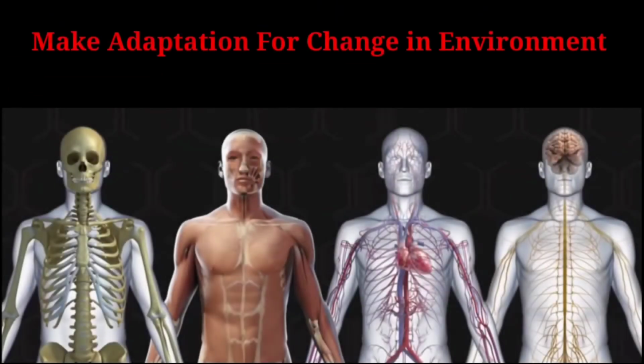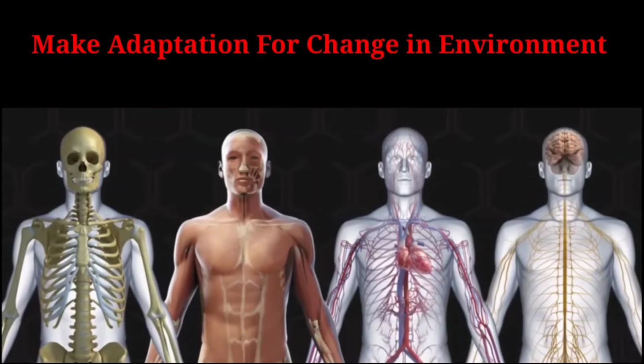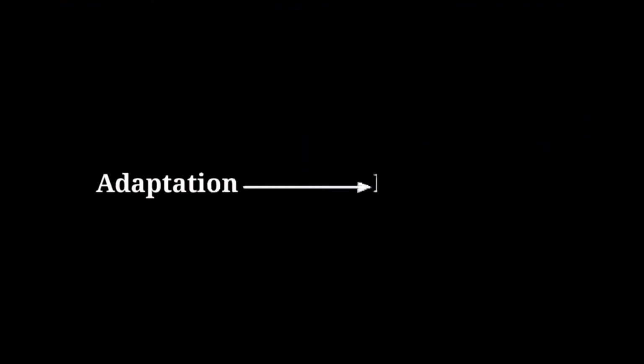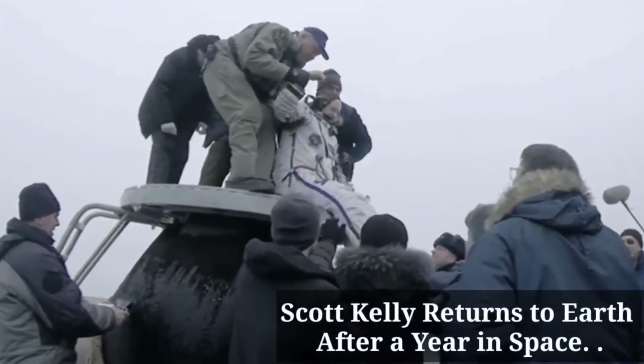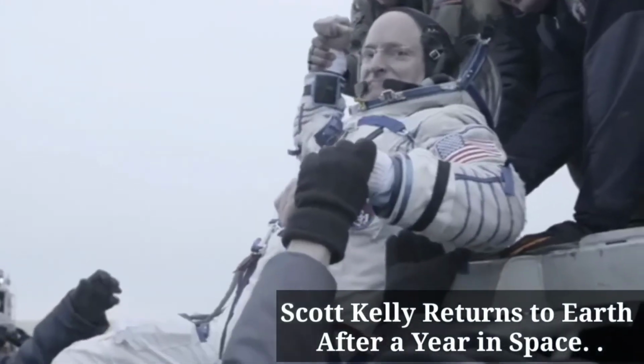And the last is the very challenging post-flight phase. As we all know, the human body makes adaptations to changes in environment. So no matter how well you train, the astronaut's body will develop some adaptation in the space environment. And this adaptation will become impairment on Earth. When astronauts return to Earth, they can't walk or stand.